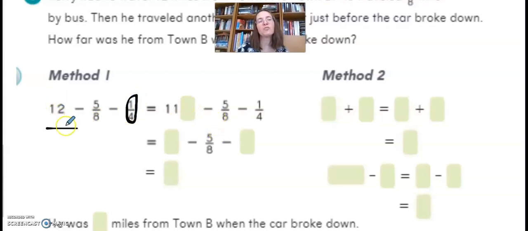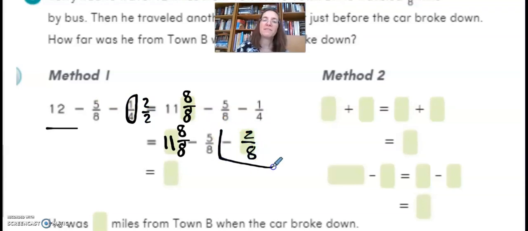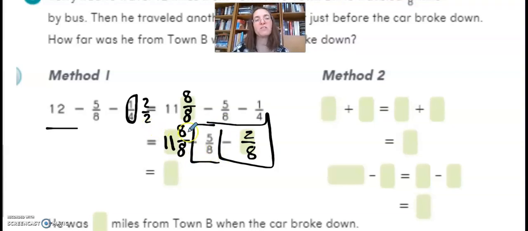So I'm going to change 12, that whole number, into an improper fraction of 11 and 8/8. So this is 11 and 8/8 there. And we're taking away 5/8, and we're also taking away, let's see, we're going to multiply this by 2/2. 1 times 2 is 2. 4 times 2 is 8. And both of these are negative. This is a negative 2/8, and this is a negative 5/8. That means subtract 5/8 and then subtract 2/8. So 8 minus 5 is 3, and 3 minus 2 is 1, which brings me to my answer of 11